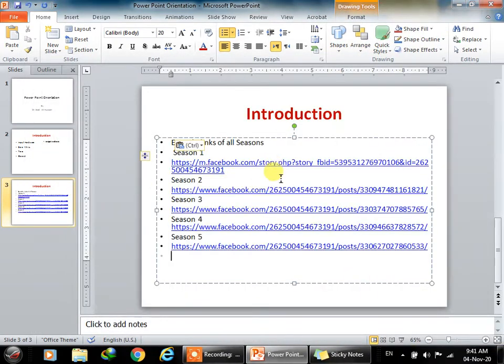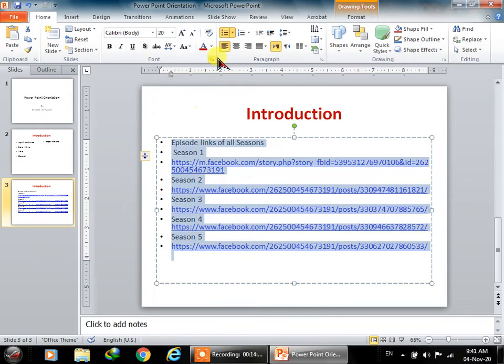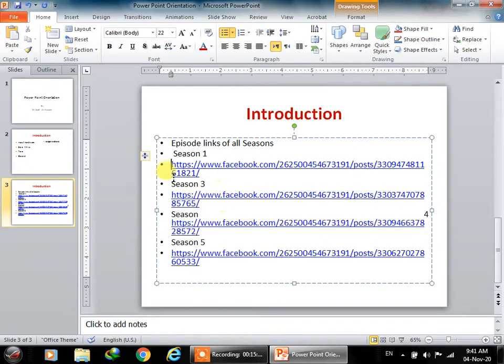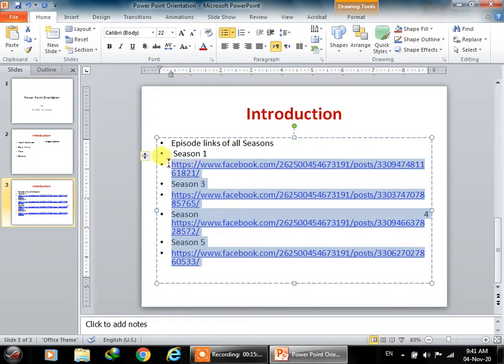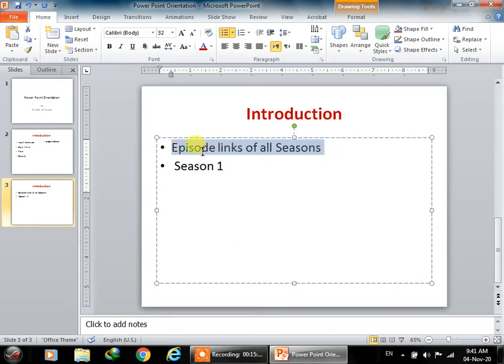I copied. There is a small difference that it is showing over here, but technically it's a very good thing to do.